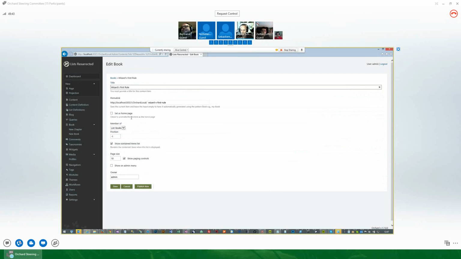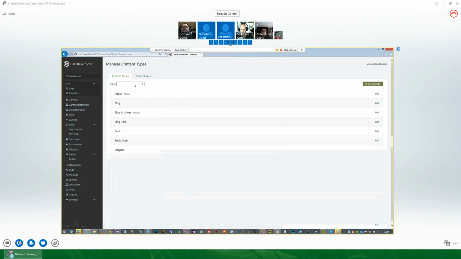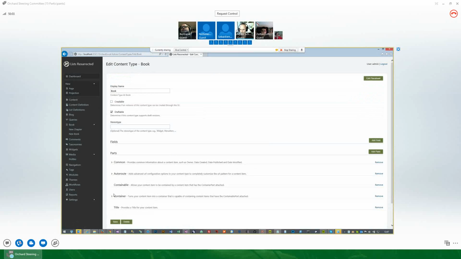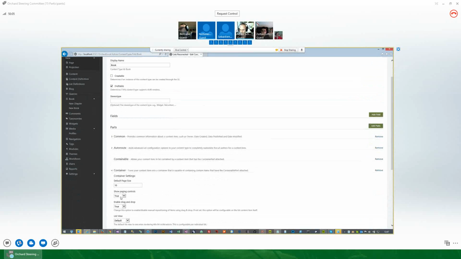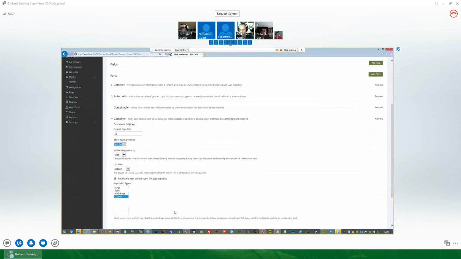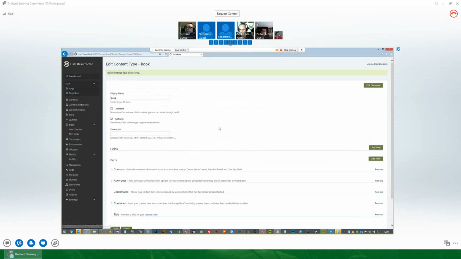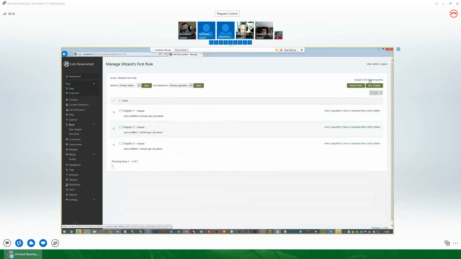We can also turn off drag and drop, and because we configured this on the content type level, that's not overridable. If we set it to not set, then we can configure it on the content item level. So we may want to do that for book. Maybe I'll set this to not set. And now we can say